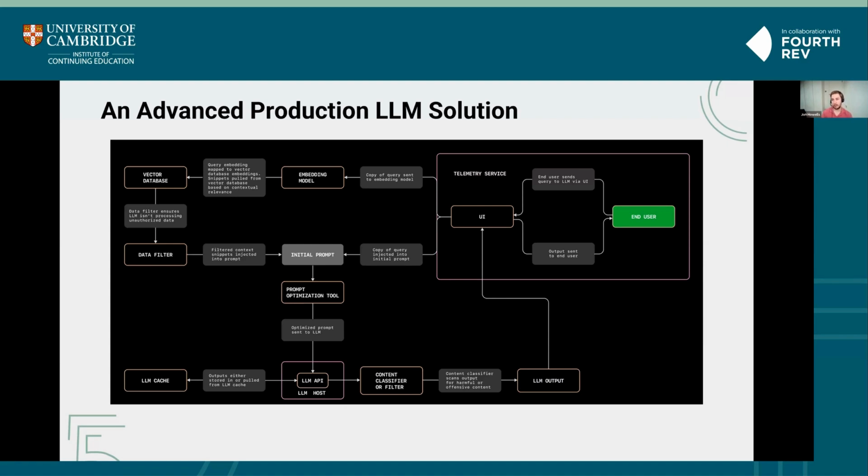In many cases, if you have a very specific niche use case, let's say you're building a large language model for a bank, right? You don't want people trying to use it to ask about where they should go on holiday or something like that. So having those guardrails in place is really important.